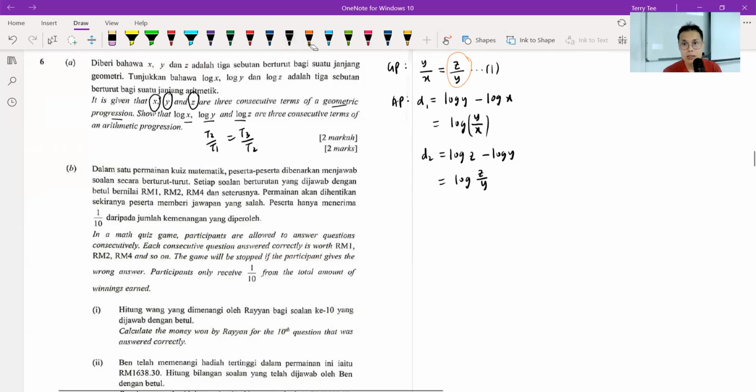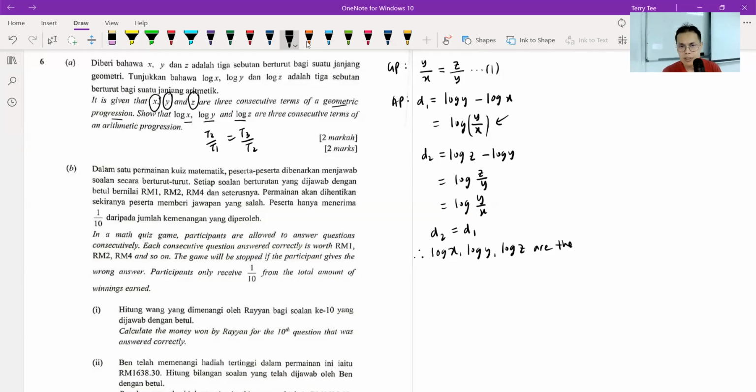So I need to sub in this information inside. This will be y over x. And therefore, this is the same as the common difference for D1, right? So we know that D2 minus D1 is the same as D3 minus D2. Therefore, we can confirm that log x, log y, and log z are the first